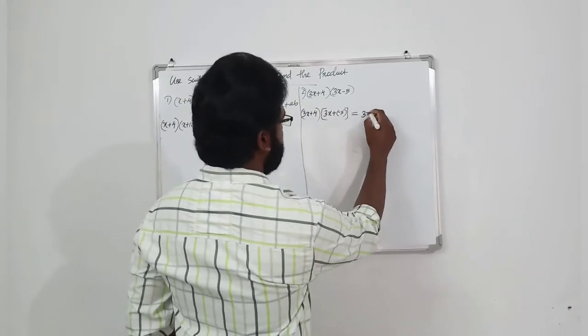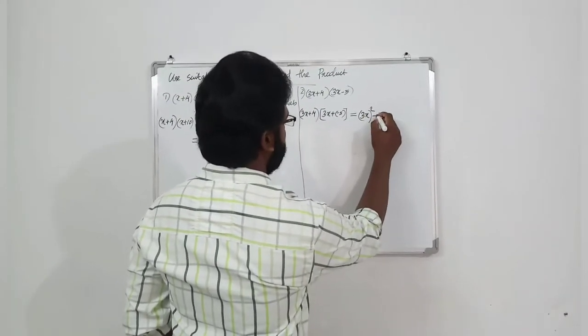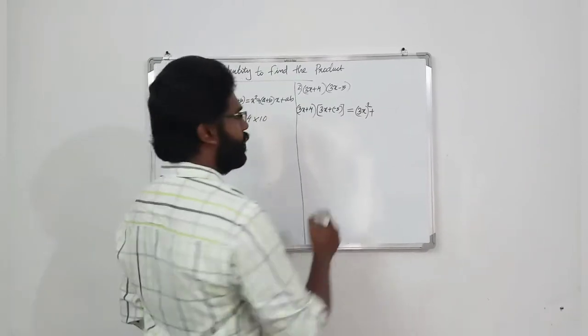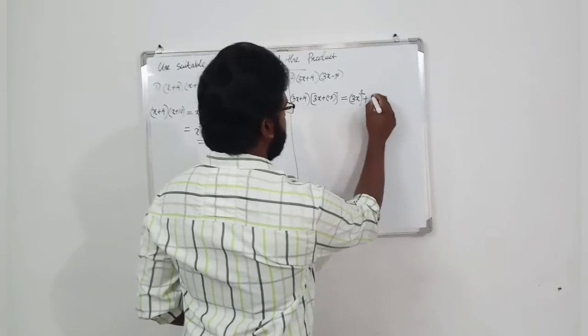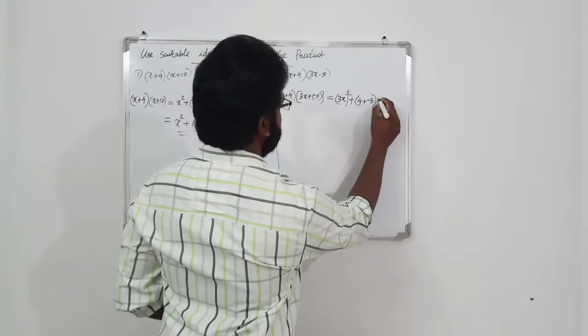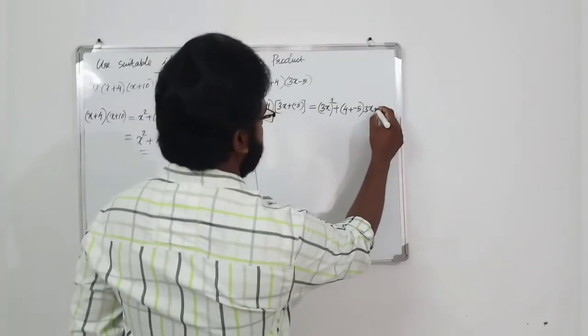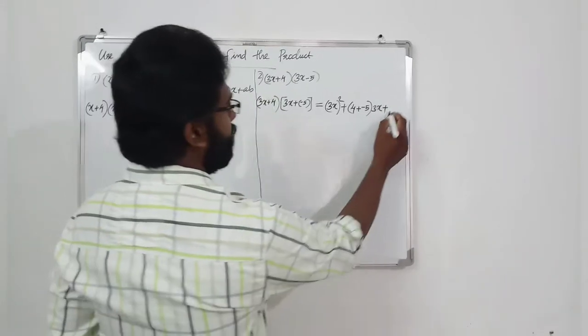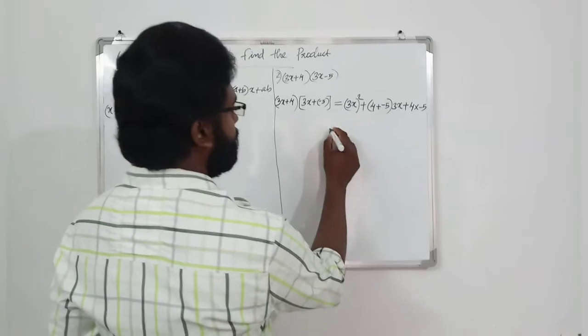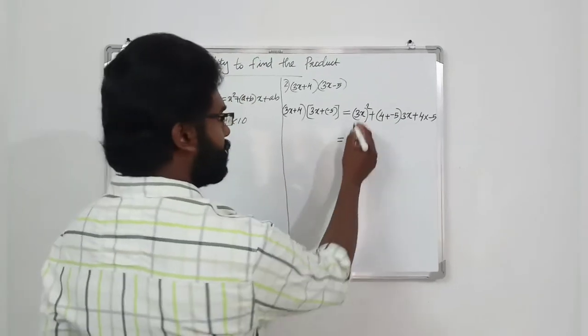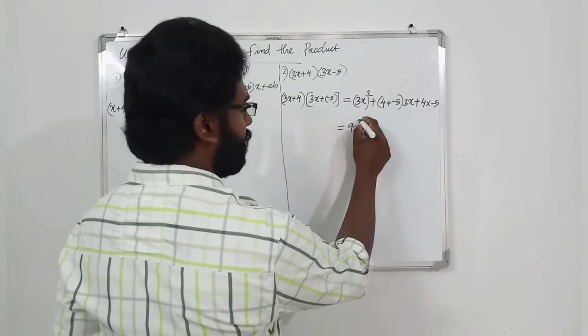That means (3x) the whole square plus (a plus b) into x, where a is 4 and b is minus 5, so (a plus b) into x, x meaning 3x, plus ab, 4 into minus 5. That is equal to 3x square, the square of 3 is 9, 9x square